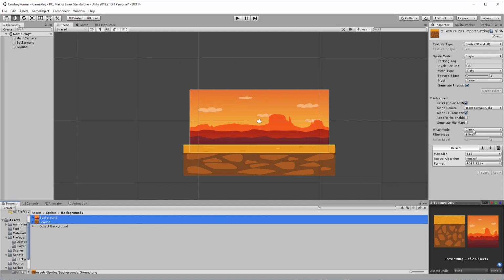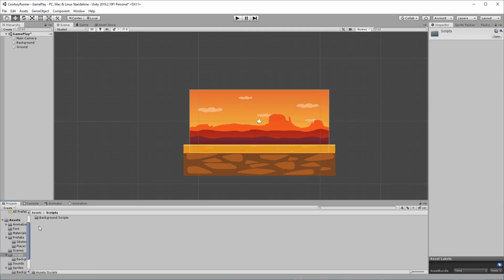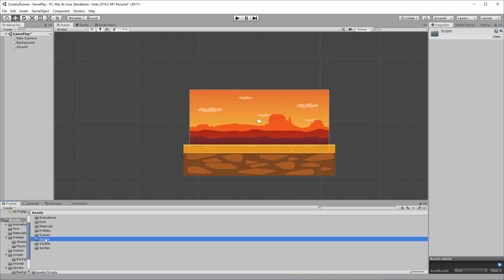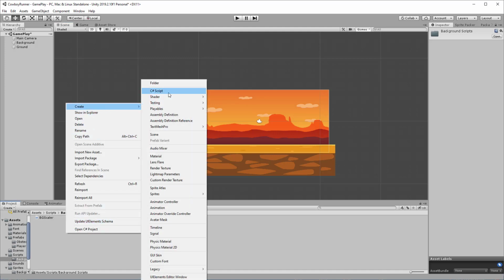Under the advanced settings, change the wrap mode from clamp to repeat, and from bilinear to point. Hit apply. Now we're going to create a new C# script in the scripts folder, let's say background scripts, and now create